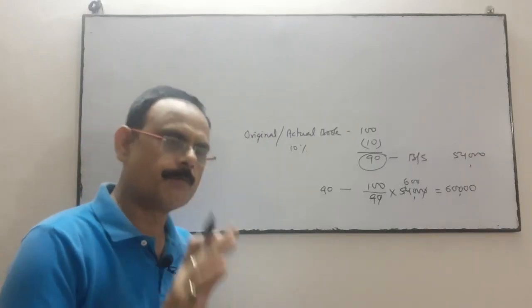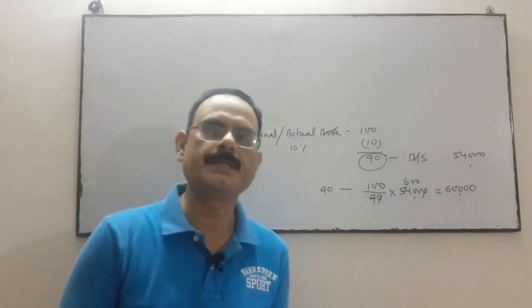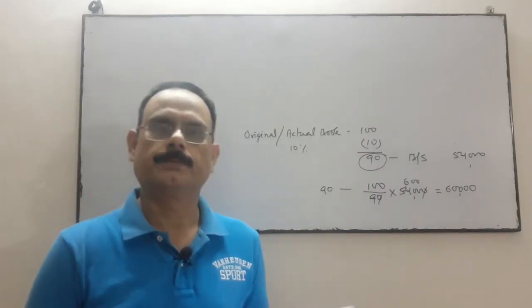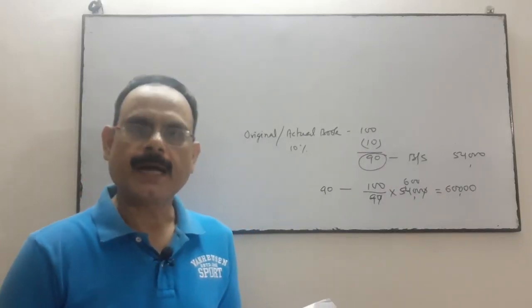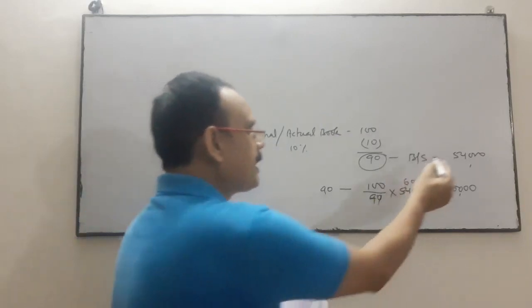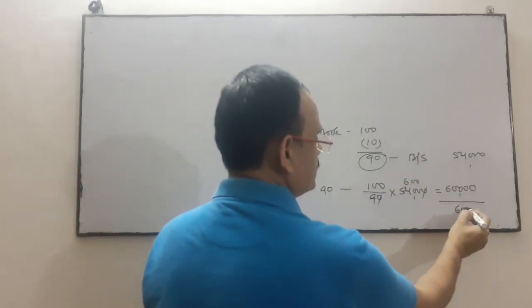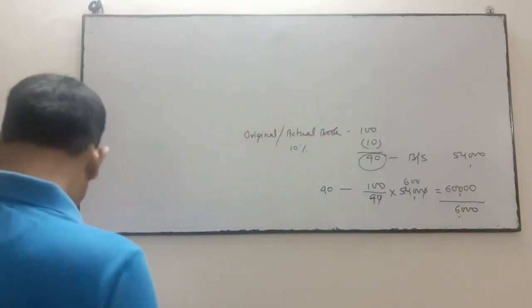It means the actual book value should be 60,000, but it is 54,000. So it is increased by the difference, 6,000. So the entry will be